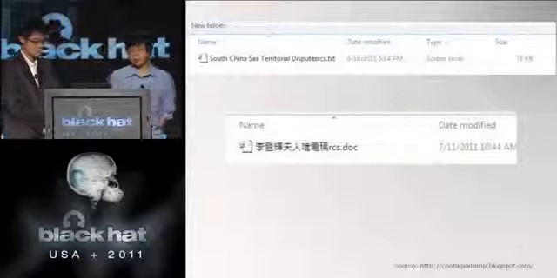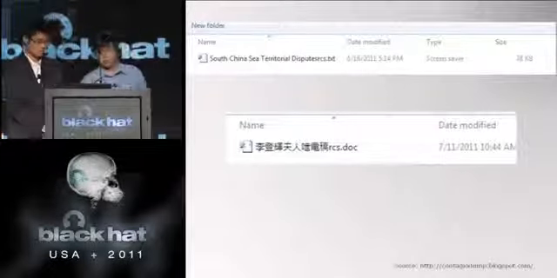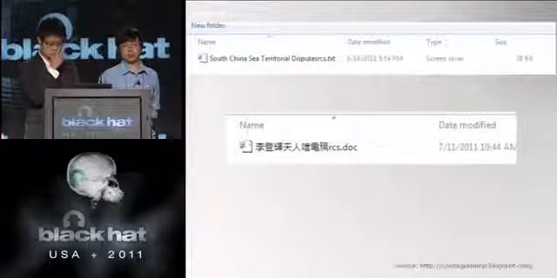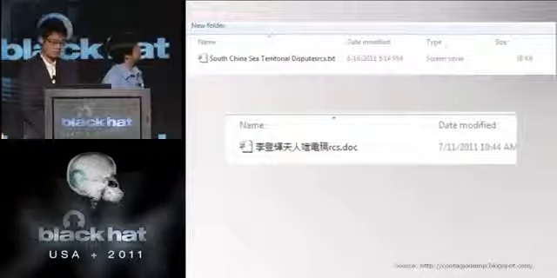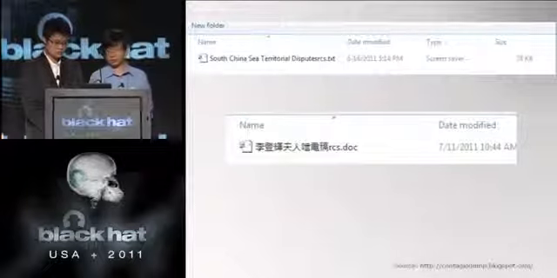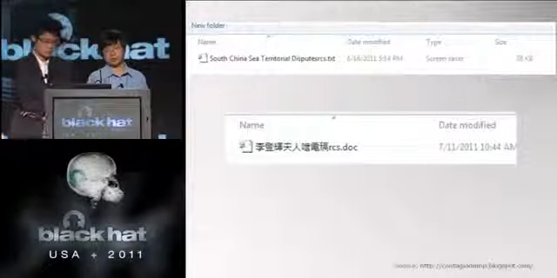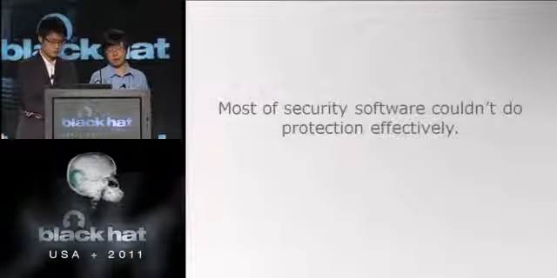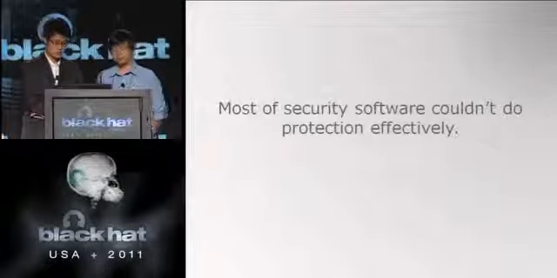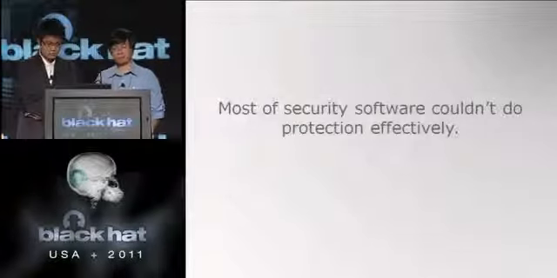Okay, and sometimes we could see tricks like this. Actually, it is not a document. It is a PE file with an RTLO Unicode file name. So it is actually an SCR file, and it is executable. So after you click, you will launch a malware. So this is the most common way of targeted attack, and not easy to be aware of.